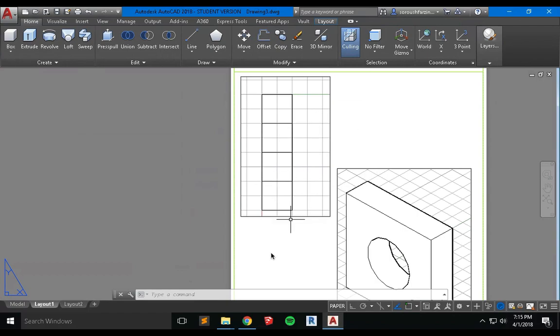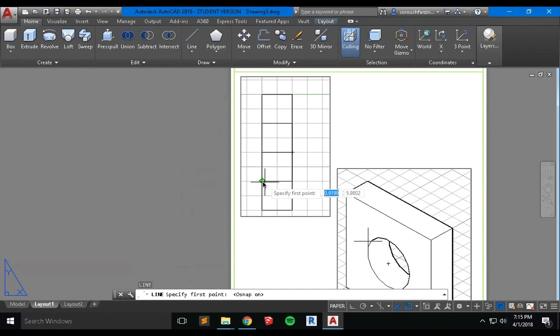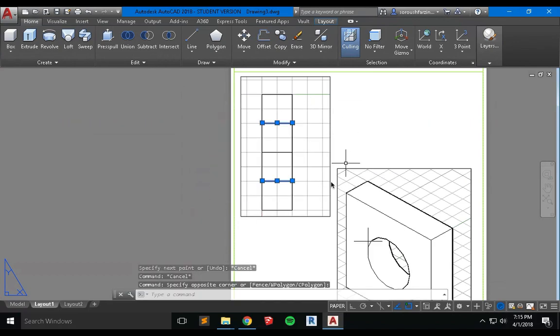I'm outside the viewport, I'm in the paper side, and I start drawing my line. So I'm going to turn on this, and then add one line. Okay, so it doesn't understand it, so let's check here. I need the quadrant set up. So I will use this line and then another line here. So what happened is that all these lines is basically